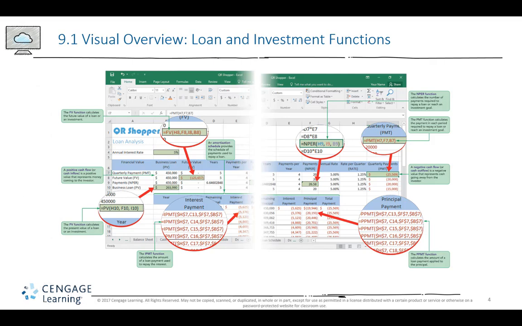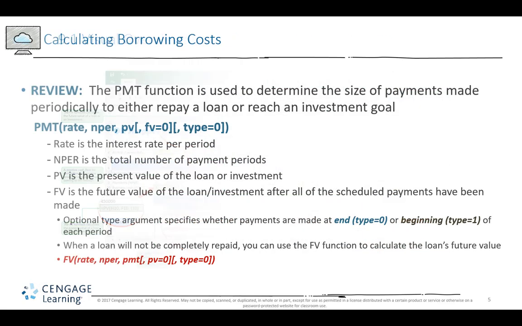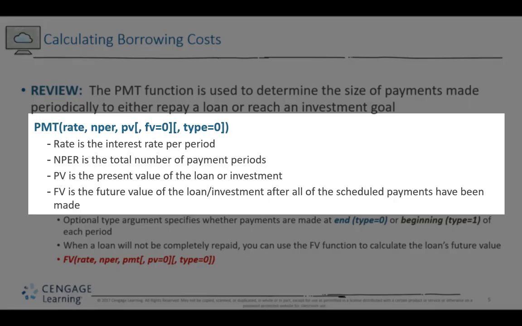Before starting Session 9.1, it is worth your time to review the visual summary for the session. Calculating the borrowing costs. Let's review the payment function. The payment function is used to determine the size of payments made periodically to either repay a loan or reach an investment goal. Here is Excel's formula,